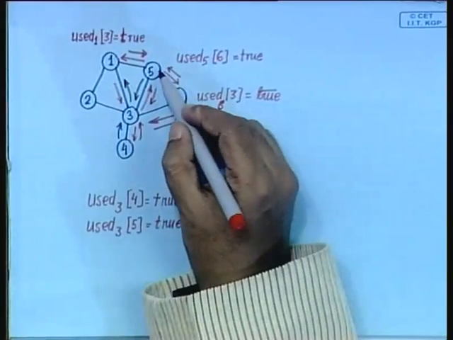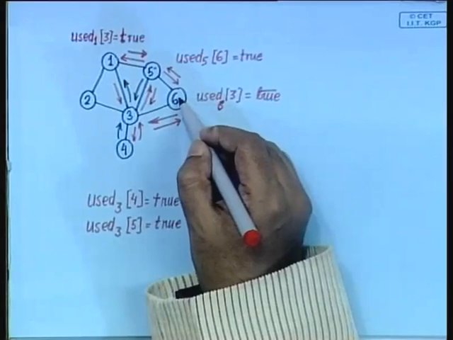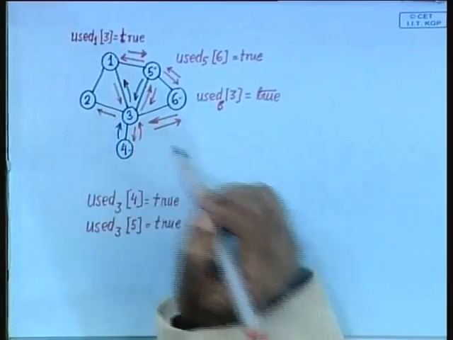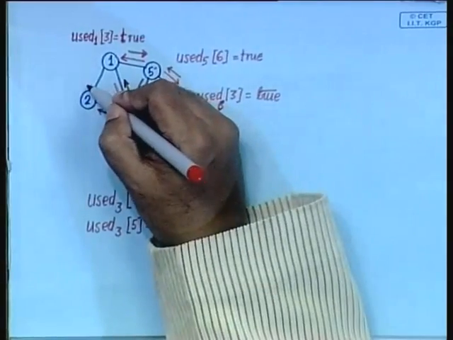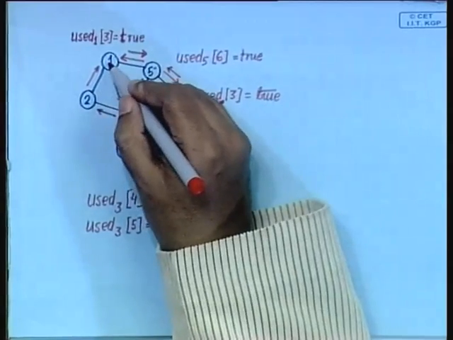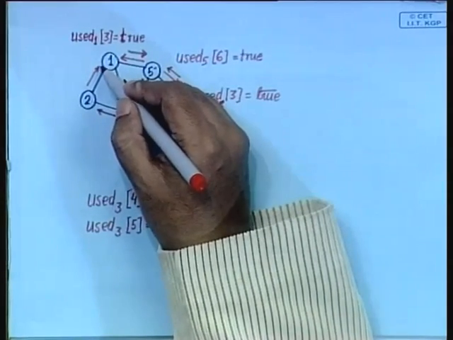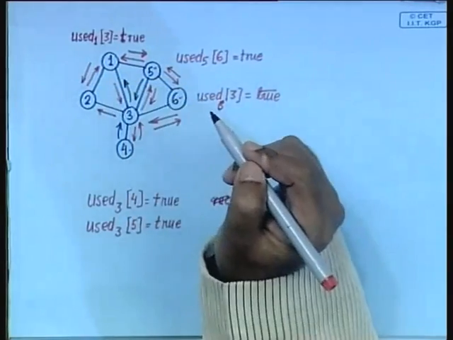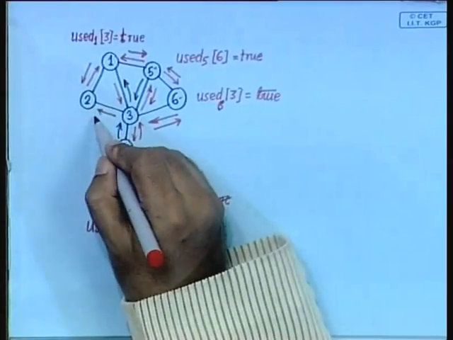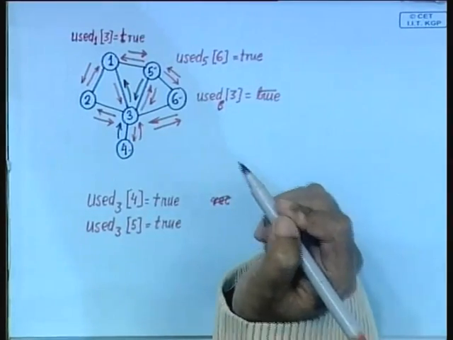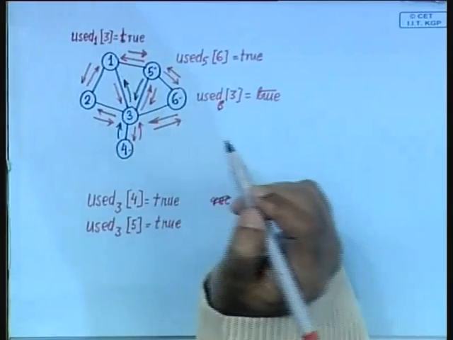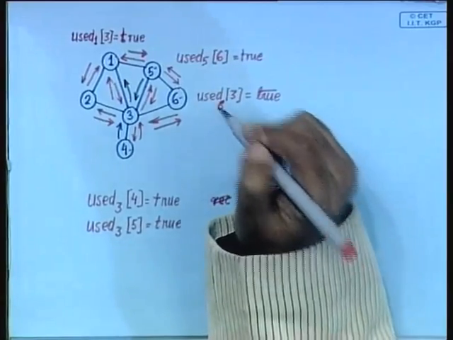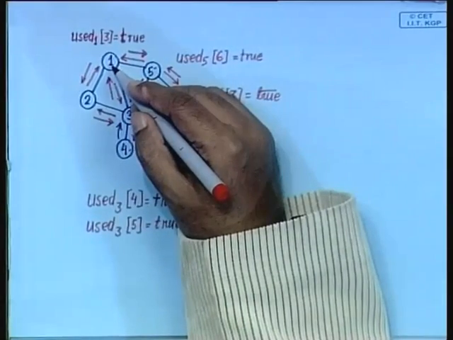and 3 has already used 5, it has already used 6, it has already used 4. So, it will send it to 2. 2 will send it to 1, 1 will again detect a cycle. Why? Because it has got the token from a non-parent and that one was not visited. So, it will send the token back. This one has no other neighbors, so it will send its token back. Now, for 3 there is no other neighbor except the parent to send the token. So, 3 will send the token back. Now, 1 gets the token back and it terminates,